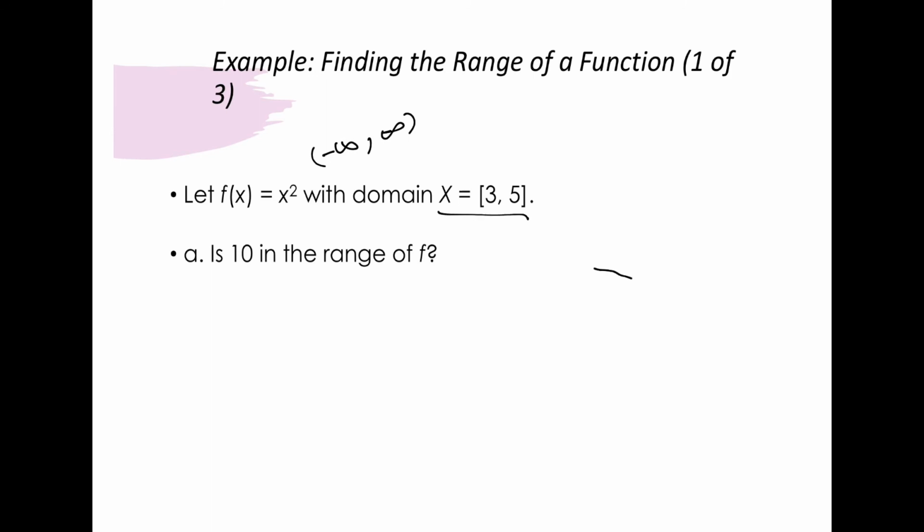But in this case, we've limited the domain. And we've said it only goes from 3 to 5. Those are the numbers we're allowed to plug in, including both of those numbers. So for some reason, which we don't really have a reason here, we've got a limited domain. When we talk about range then,